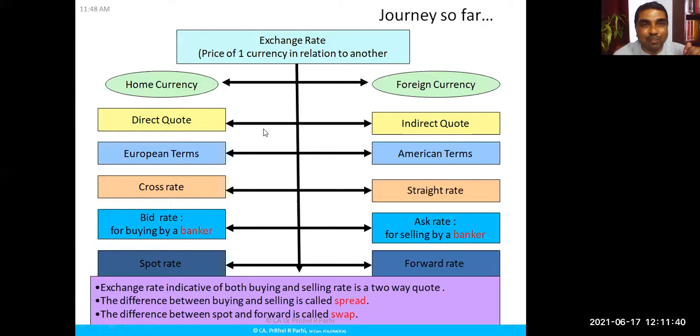These are, you can say, the minimum requirement we should understand to get an overall idea of international finance or international quotation, or to deal with international receipts and international payments. These quotes should be there in the mind, and we should also be comfortable converting one quote into another quote. Hope you got some idea. You will be able to do so. Yes or no? Will you be able to do that? Yes, sir.